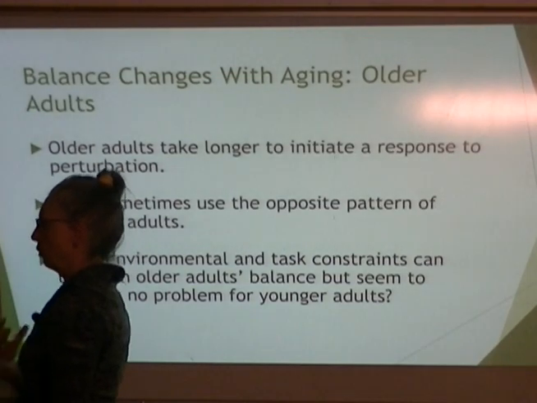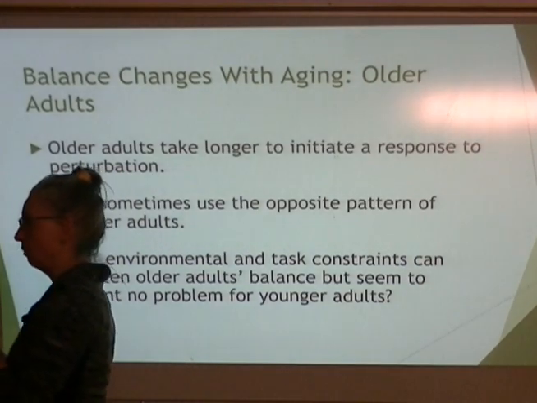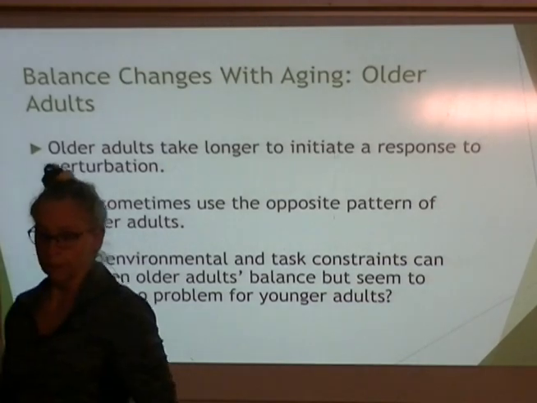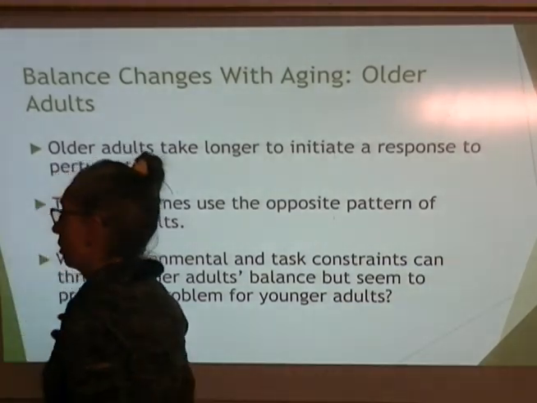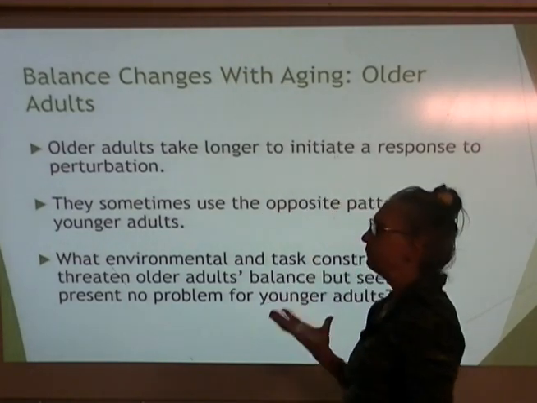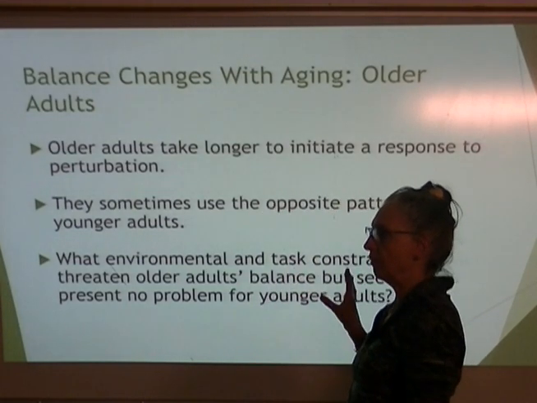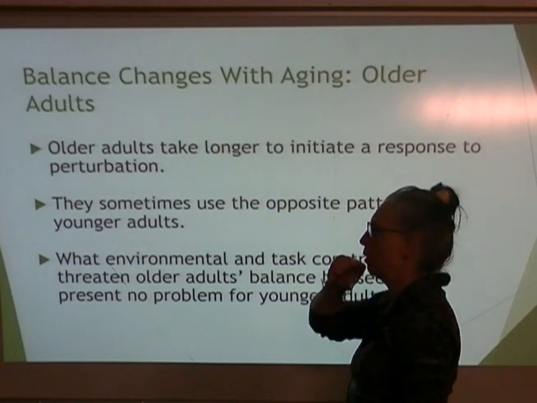There's always a tiny little bit of sway going on. With adults over the age of 60, and I'm going to caveat that with the fact that I haven't read the studies, some of them are a bit older,